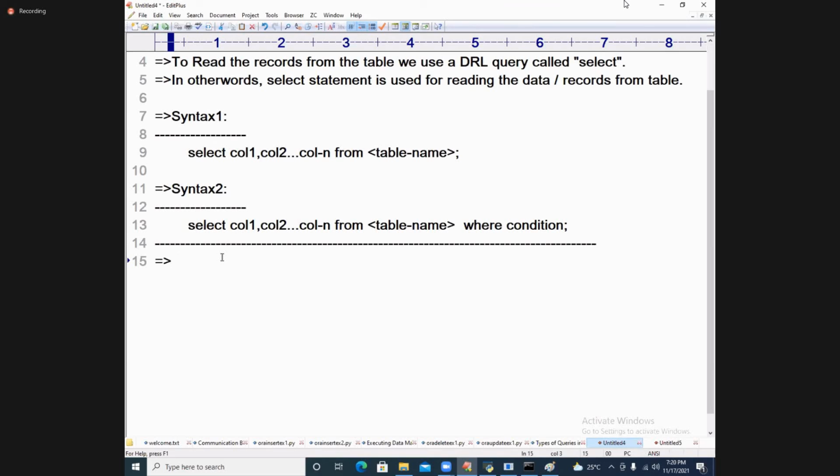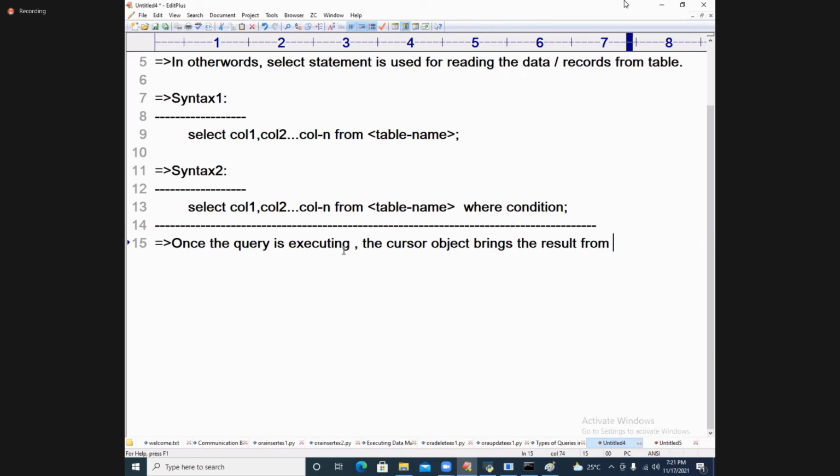Once the query is executed by the Python program, the cursor object contains the result, or collection of records.